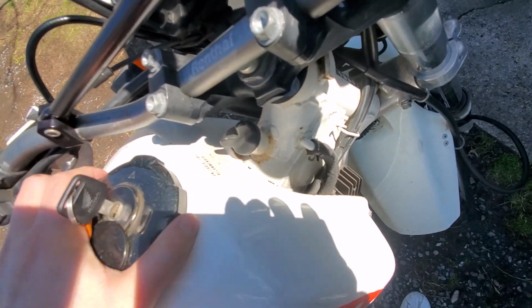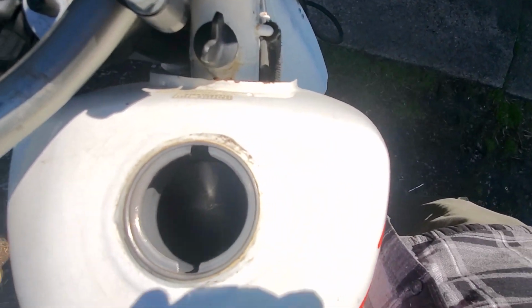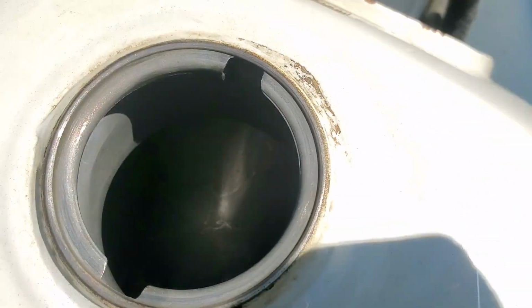Check the fuel tank here and look inside. See how clean that is in there? I don't know if you can see, but it's clean. So that's what you want. You want to see a clean gas tank in there. You don't want to see rot or rust, because if you're buying an old motorcycle and you've got rust in there